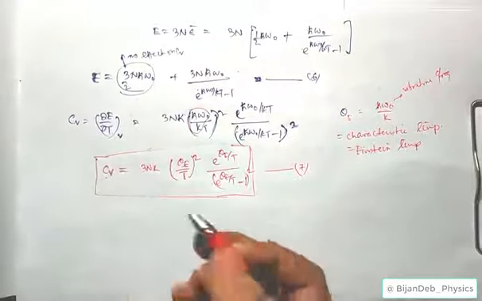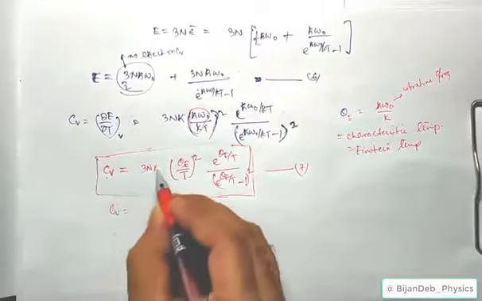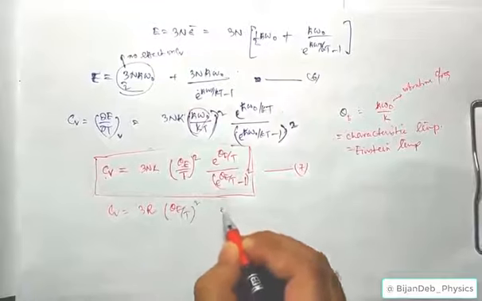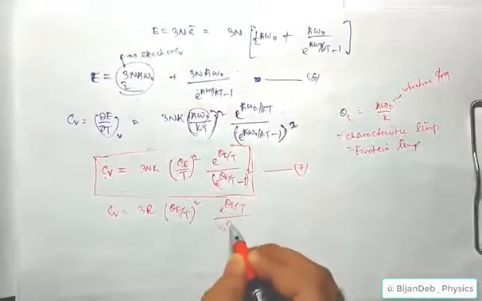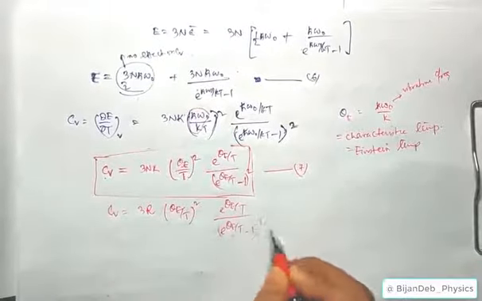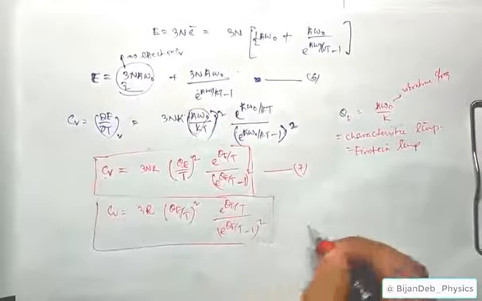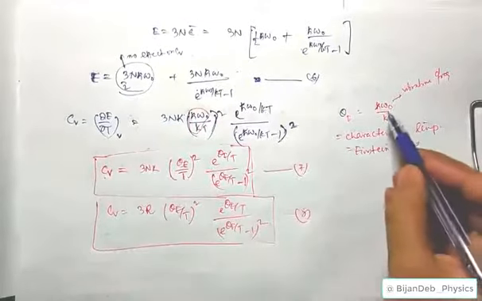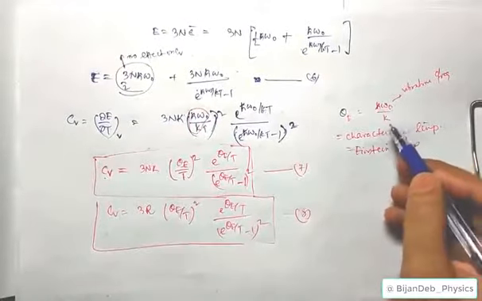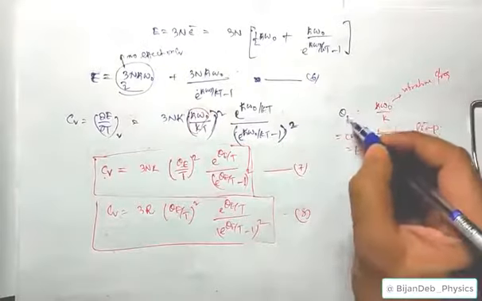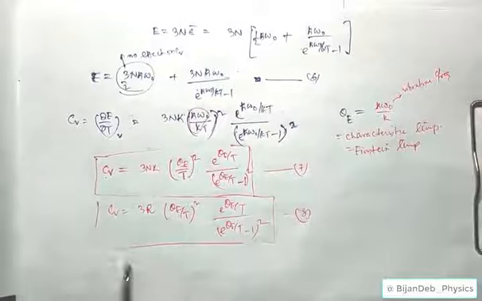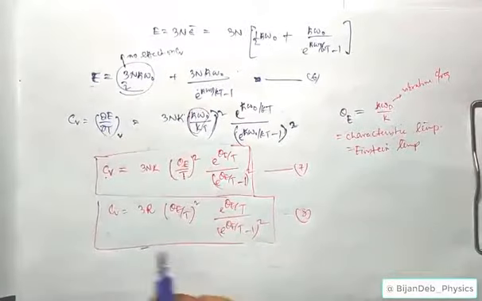Now if you take molar specific heat, obviously nk will be R, so 3R theta E by T whole square, e to the power theta E by T over e to the power theta E by T minus 1 whole square. So you remember this expression. Many times numericals were also asked: numericals can come from here, where the Einstein temperature frequency is given, you know h, you know k, and you find the Einstein temperature theta. Using this formula you can find the Einstein temperature, okay. The total energy we will get, and the specific heat we will get.